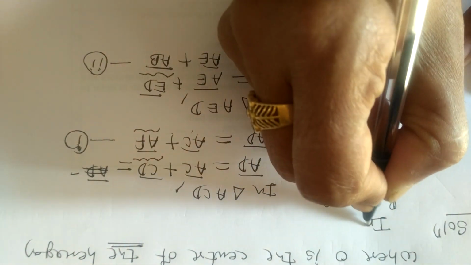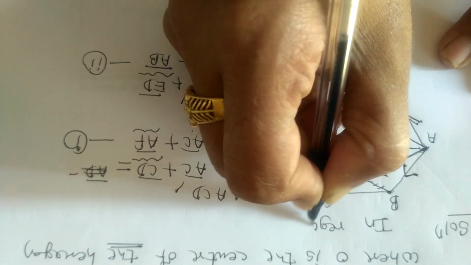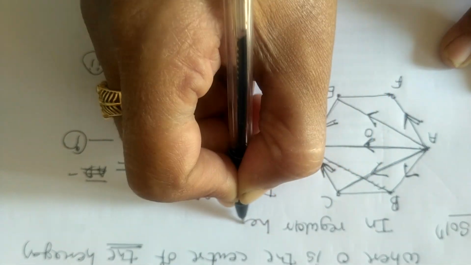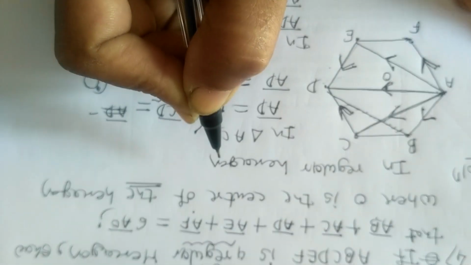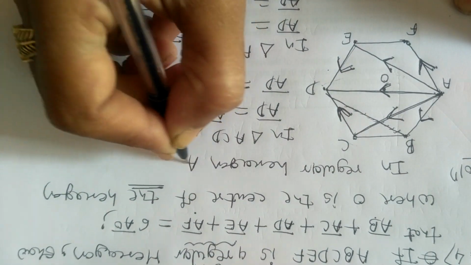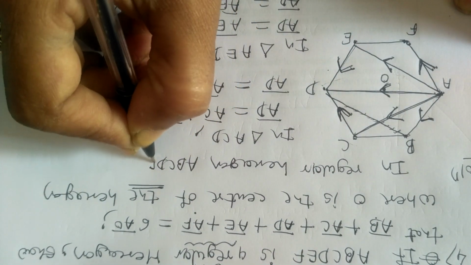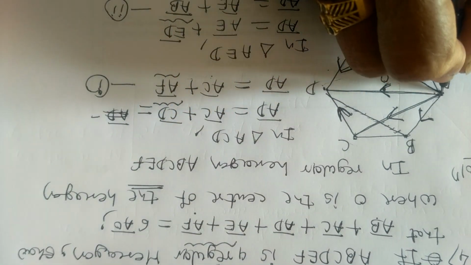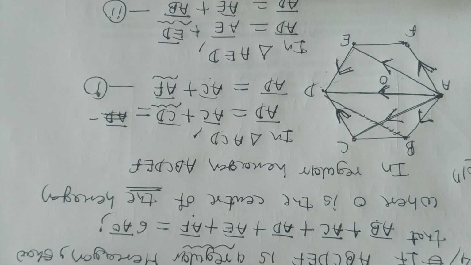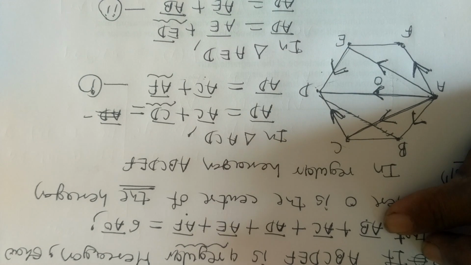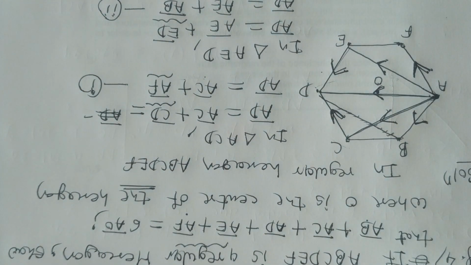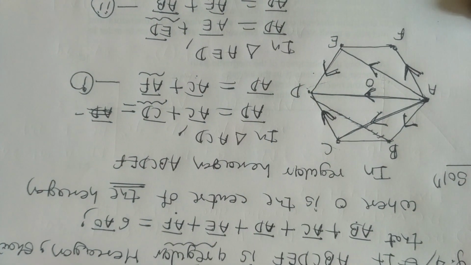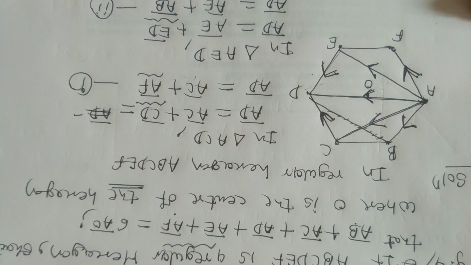Here we take a regular hexagon. That regular hexagon is A, B, C, D, E, F. And here initial point means we take all these vectors having a common initial point, that is A. Means all these vectors are co-initial vectors. Means from the vertex A, all these vectors go to different vertices.